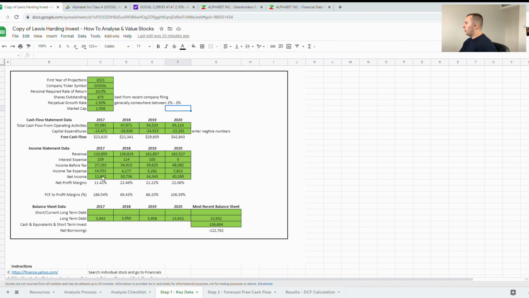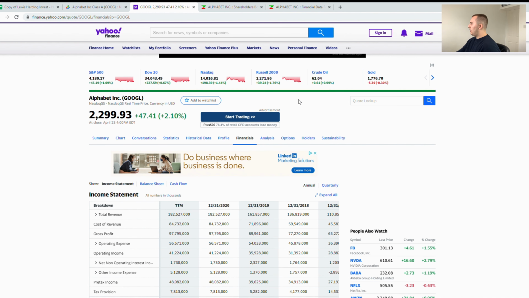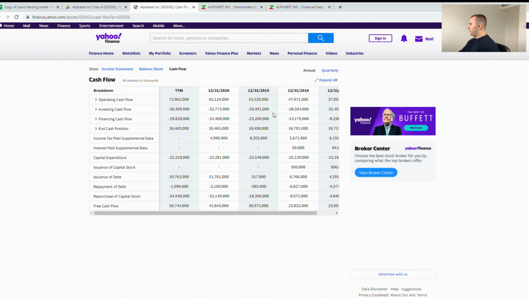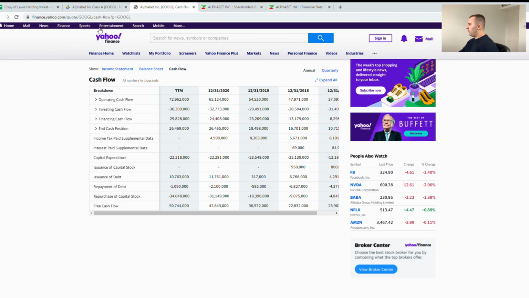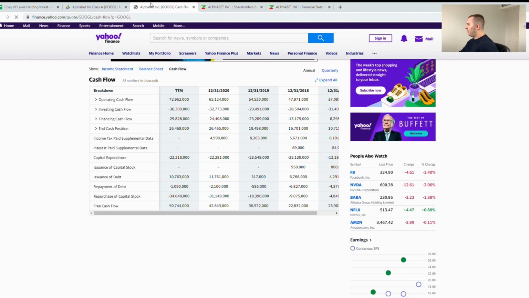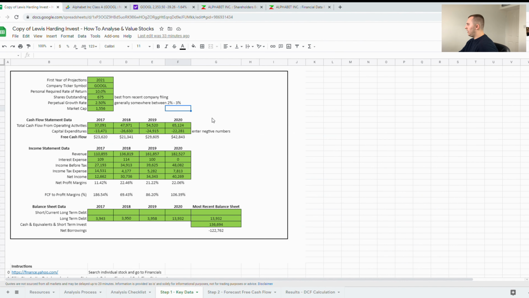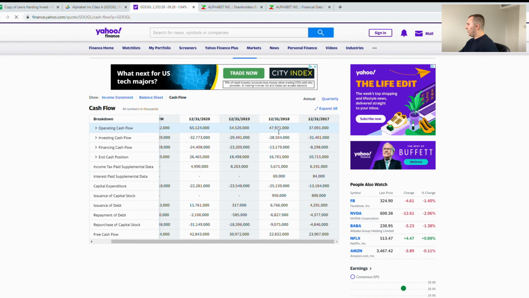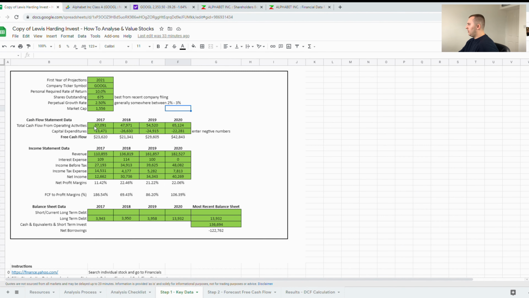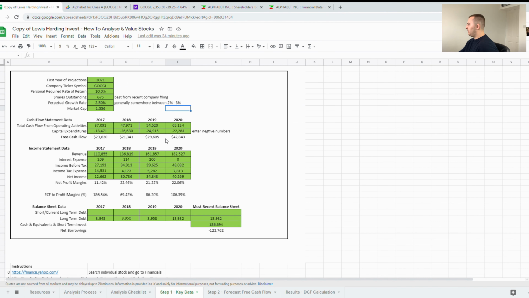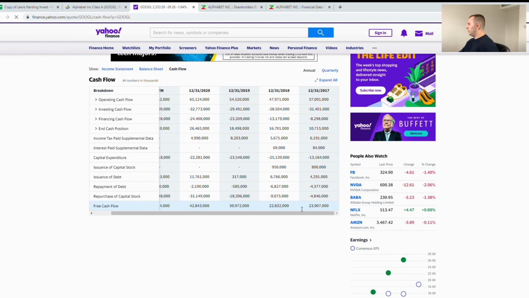I get all of these figures from Yahoo Finance. So cash flow from operating activities, we can come onto the cash flow statement, and these figures should be around here. So what was it? Cash flow from operating activities. Perfect. 65124. Yeah, there we go. So these figures come to here. Capex is right here. So these two figures come to here. And you can see they've already done the free cash flow for you.